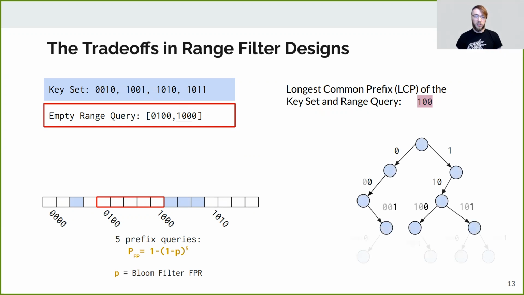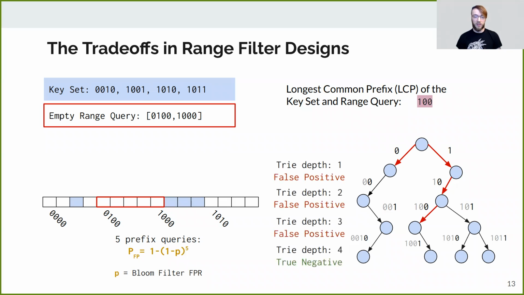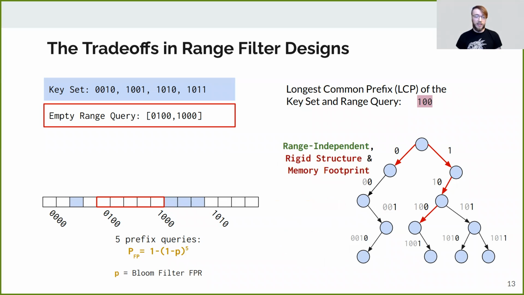If we instead use a search tree, we need only search for a leaf node containing a prefix of the key set. False positives can still result from shared prefixes if the tree is not deep enough, but the probability of a false positive is no longer dependent on the size of the range. The downside here is that encoding a tree of a given depth has a strict memory requirement, with deep trees often being too expensive to be feasible. In contrast, a Bloom filter can use any prefix encoding without a minimum memory requirement.